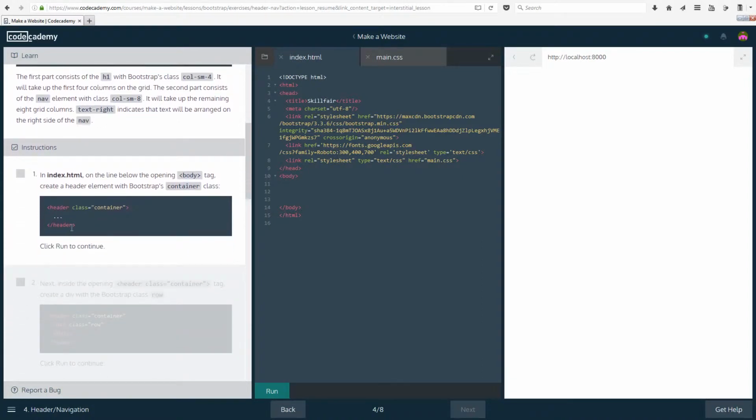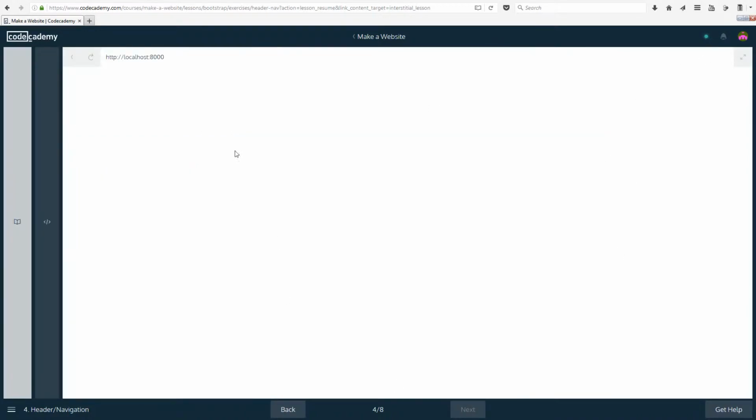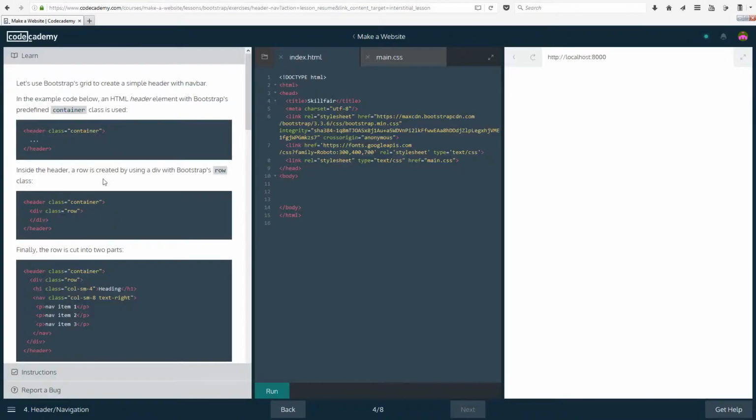So our instructions in index.html on the line below the opening body tag. So here there is currently nothing in the body, so currently we just have a blank web page. And if that closes properly, there we go. A row is created by using a div with wait, what? Where am I? Inside the header, a row is created. No, let's use Bootstrap's grid to create a